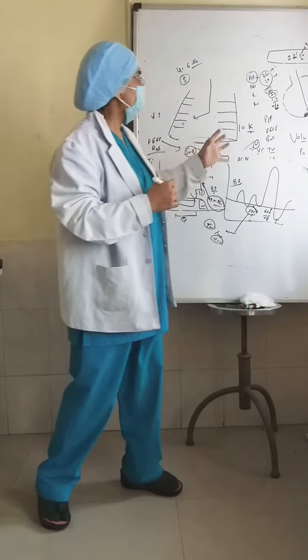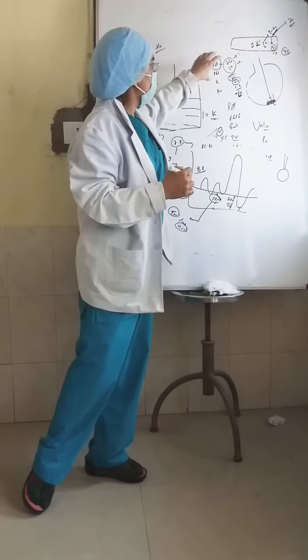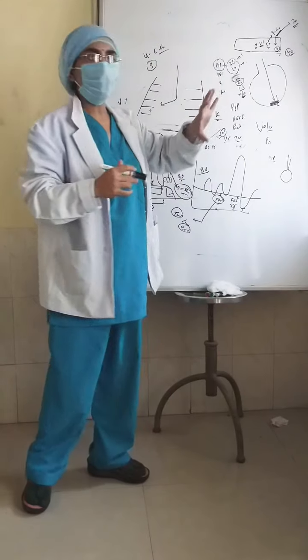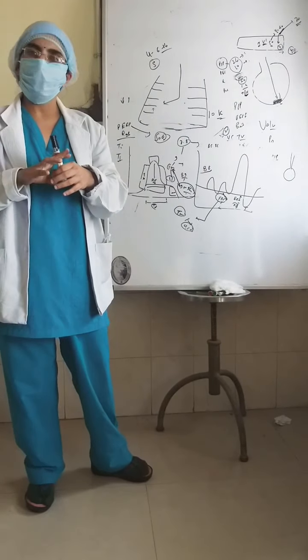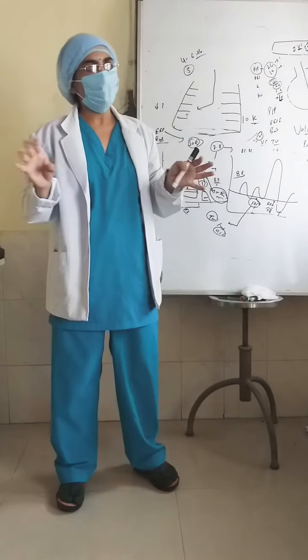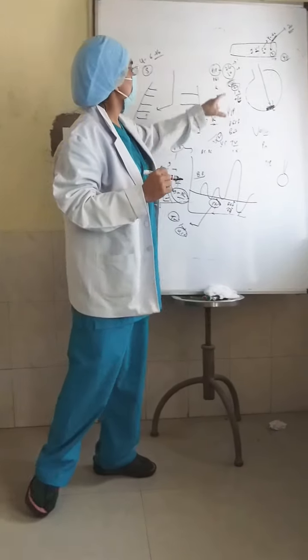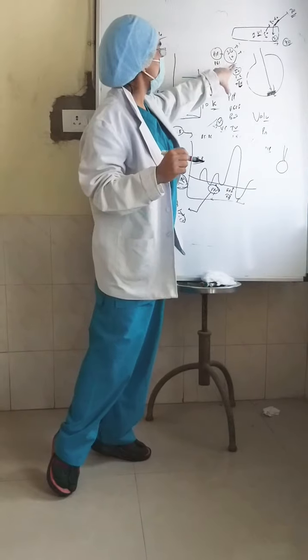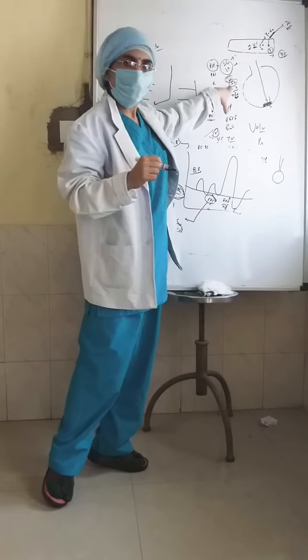Okay, so which means when I set the PIP, the PEEP, and the rate, I have got an optimal tidal volume of 40 to 50. If I have got a tidal volume of 40 to 50, I will be fine. I will stop here. So this is my initial setting: PIP of 26, PEEP of 10 and rate of 50.